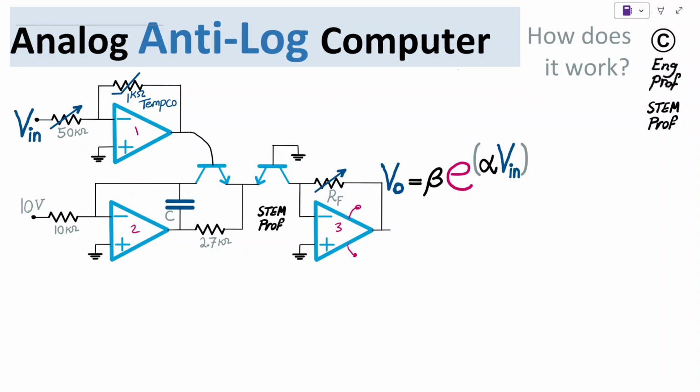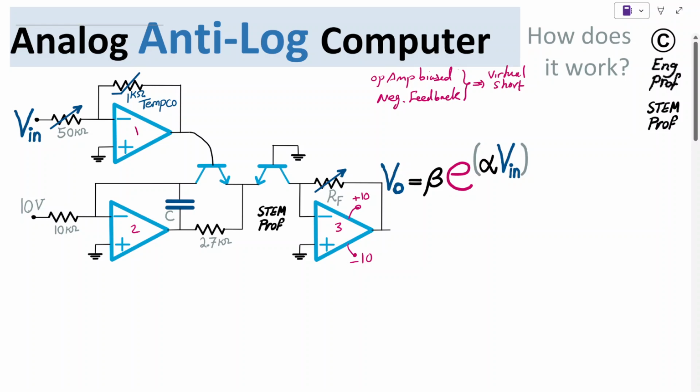Let's make the assumption that the supply voltages of the op-amps, let's say as an example plus minus 10 volt, are properly applied. You can see that the output of each op-amp is connected to the negative or inverting input terminal, indicating negative feedback is properly applied for all the 3 op-amps. So op-amps are properly biased with the supply voltages applied, and negative feedback is dominant and available for each op-amp. Therefore, virtual short